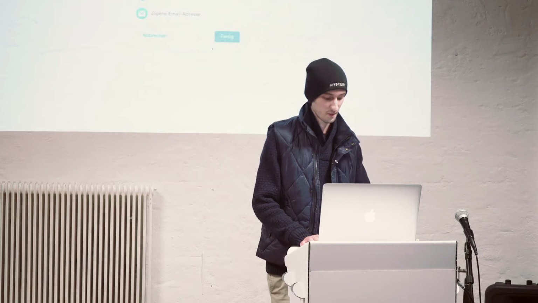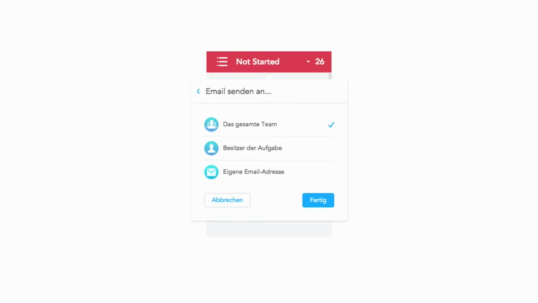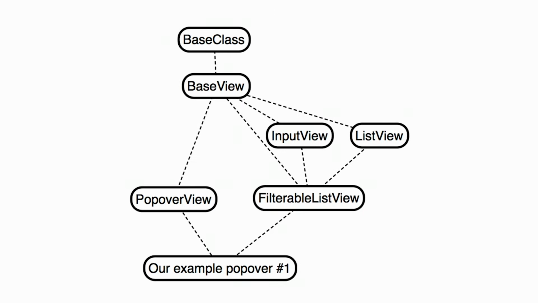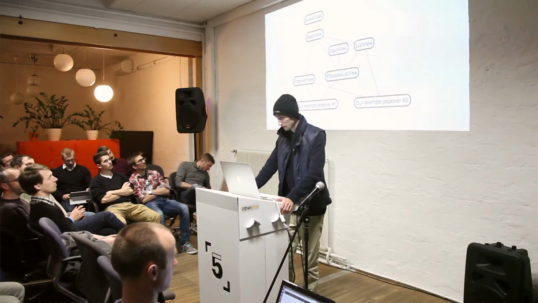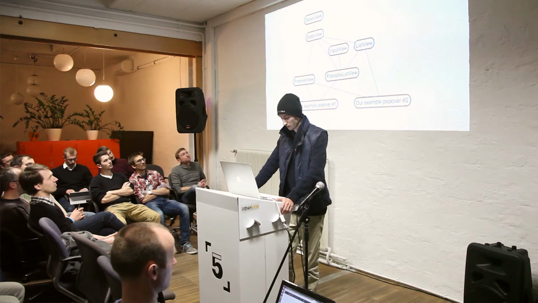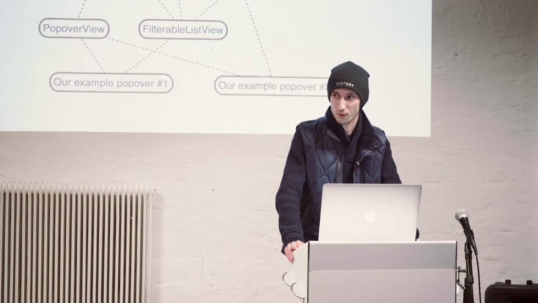At some point in time, our project manager came by and said that we need to build a popover that has a list but no inputs to filter the list. So we had to split the input and the list from the filterable list view, so that after refactoring the input view, the list view, and the filterable list view, we could finally create a popover that has a list but no input. And so far, we were very happy with the results,